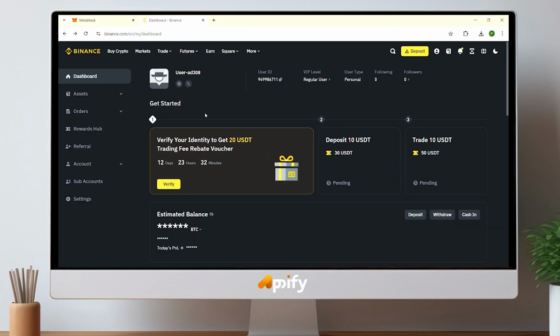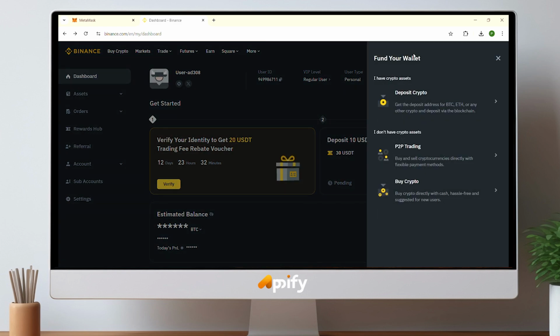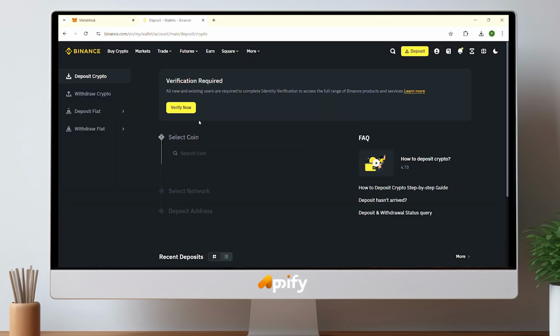to look on the top right hand side. There will be a deposit button, so you just have to click on that deposit, and a sidebar will appear. You just have to click on the first option that says deposit crypto, so you just have to click on deposit crypto, and after that you just have to click or search the coins that you want to transfer from